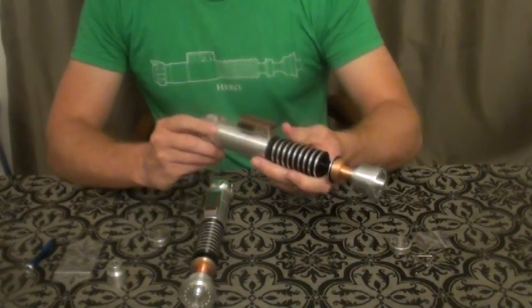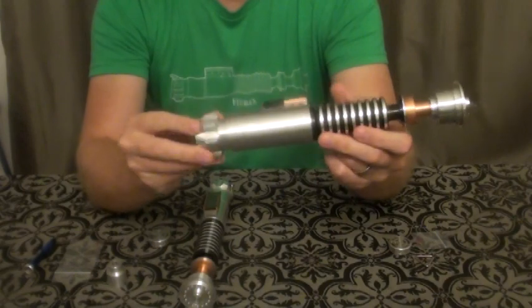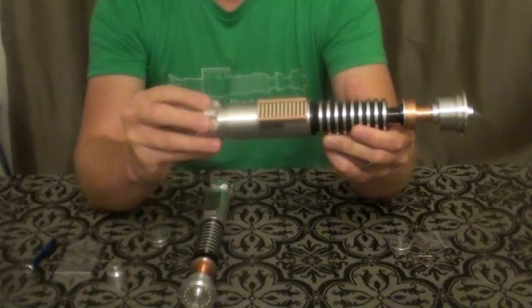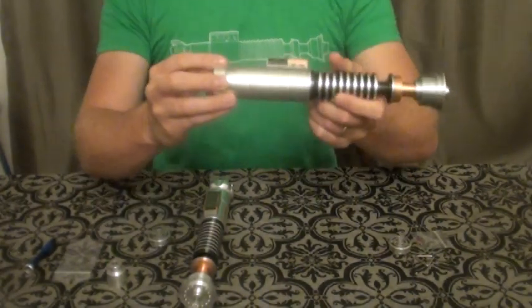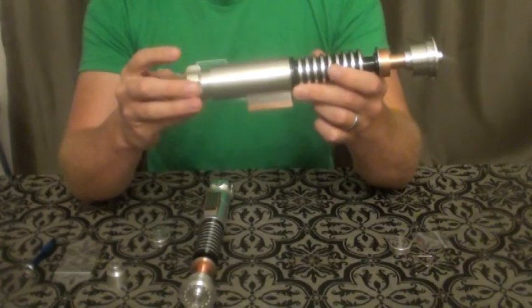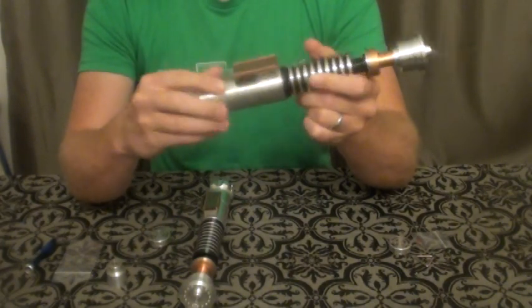The other thing that was really nice about this, the machining on this one to me was much better. The Pommel Cubes down here, very smooth. The Gen 1, the Pommel Cubes to me were a little rough. They probably could have been cleaned up a little bit better before they were sent out, but overall the Gen 2, I was very happy when this came in because this had none of that rough feel from that first